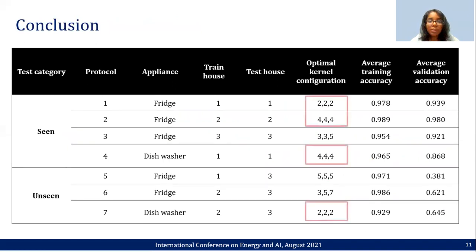In general, it was evident that even kernels of 222 and 444 resulted in an optimal performance amongst the tested kernel configurations, which is supported by 4 out of the 7 protocols. Usually, programmers tend to apply odd kernels of 333, for example, whereas our work suggests that even-sized kernels would generate